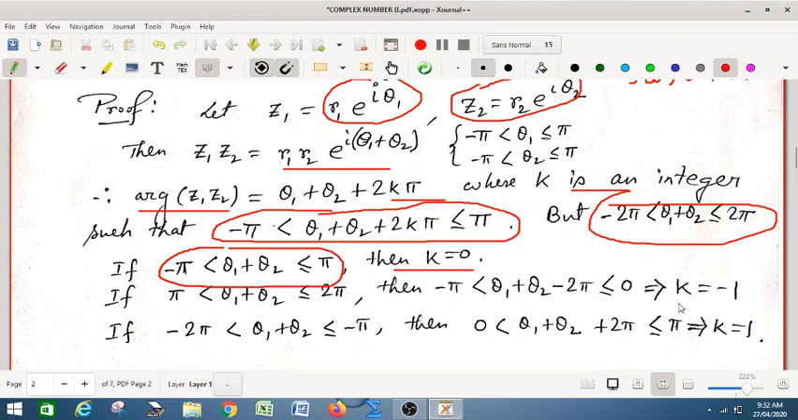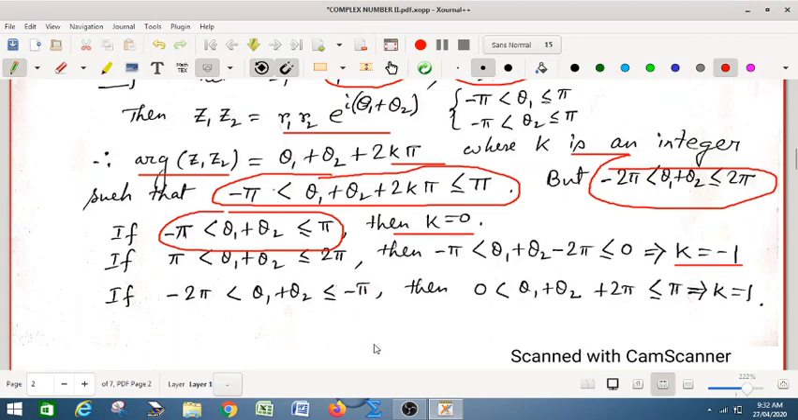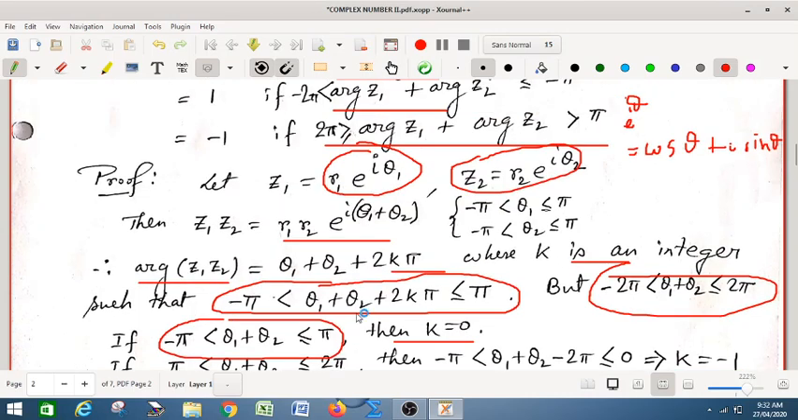And when k is equal to minus 1, this value, pi less than theta 1 plus theta 2 less than or equal to 2 pi, then in that case this range lies between minus pi and 0. So we have k is equal to minus 1. Similarly, we can explain that k is equal to 1, from this result, because we want the principal value